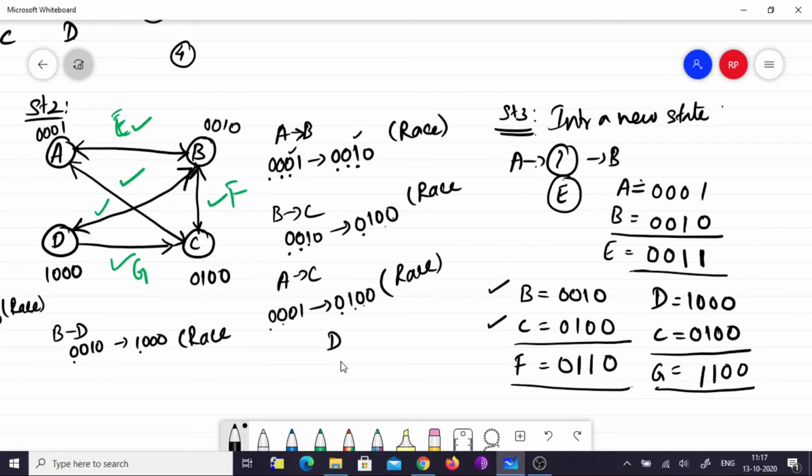So D is nothing else but 1 triple 0, and B is... sorry, B is not 0 1 double 0. B is 0 0 1 0. So the new state that comes between D and B, let's call that state H. It's nothing else but 1 0 1 0. So we'll be introducing H in between